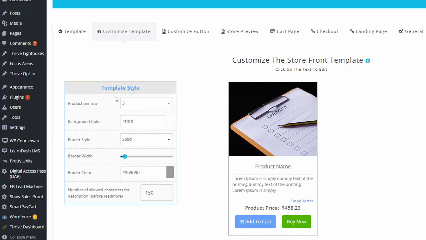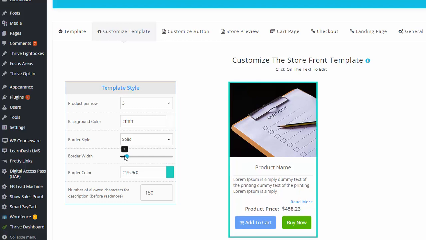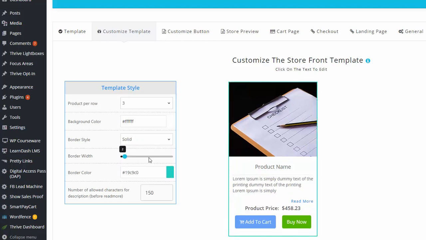So here you can customize the style, like border style, width, and border color, like what you see here. So you can change it like this, and you can increase the border width, and all of this is customizable here. A number of allowed characters for the description field. So the cool thing is, the product name that you see here, it's coming from DAP, whatever is the product